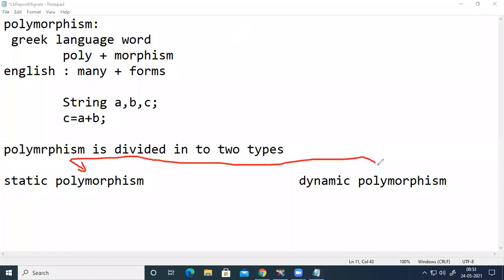So here there are some other names for the static and dynamic polymorphism. Static polymorphism can also be called compile time polymorphism, and at the same time, dynamic polymorphism can be called runtime polymorphism.